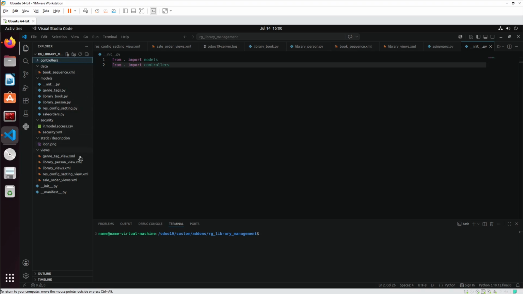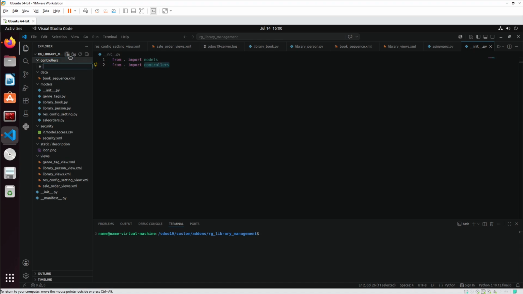What I have done is simply added the controller import in the main init file. Then I have created a folder named controllers. Now in that particular folder, I will first create the initialization file